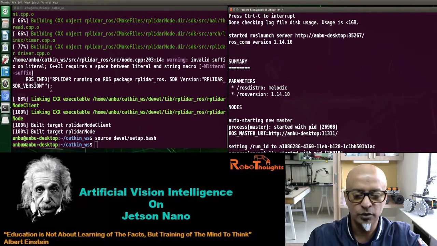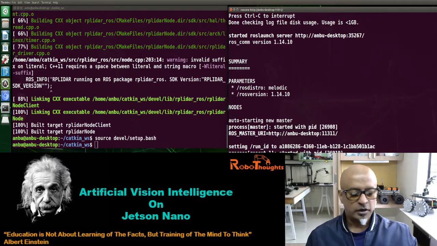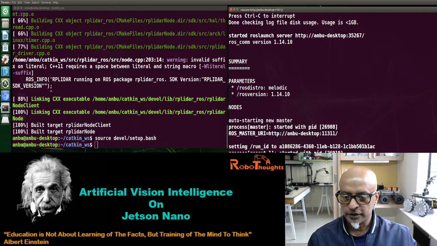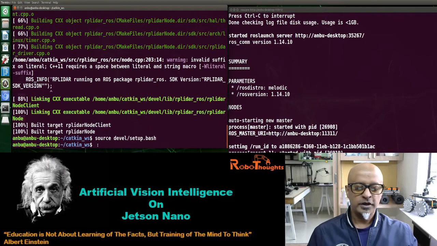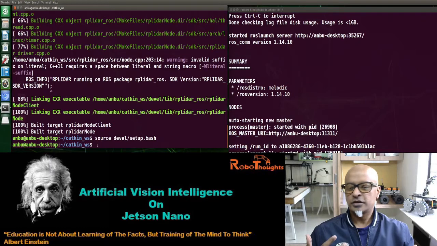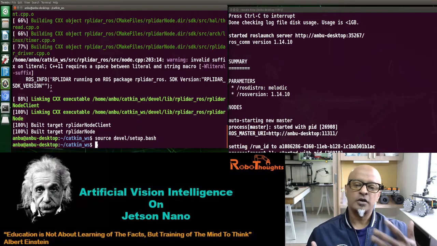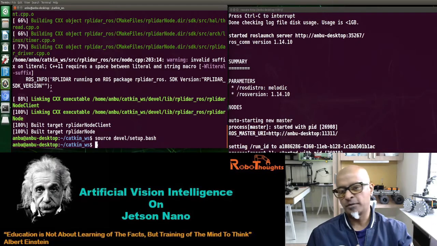Now what we need to do is go to the primary terminal, that is the first terminal, where we installed our catkin workspace. Here we need to launch the LiDAR package for the Robot Operating System, ROS. And now let's see what it does.